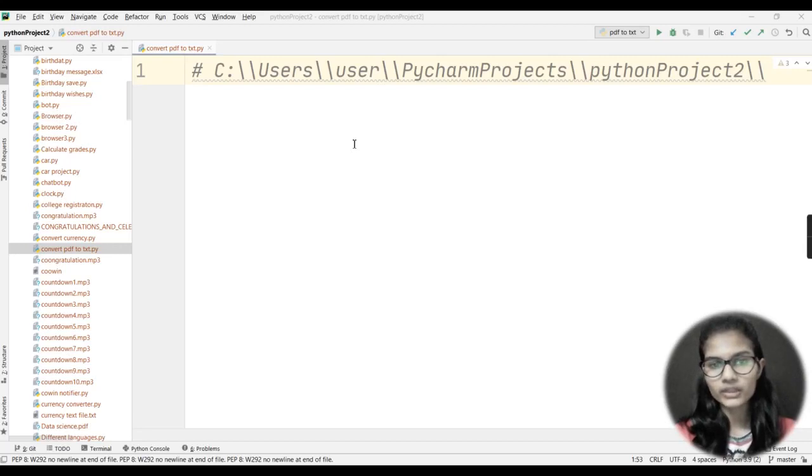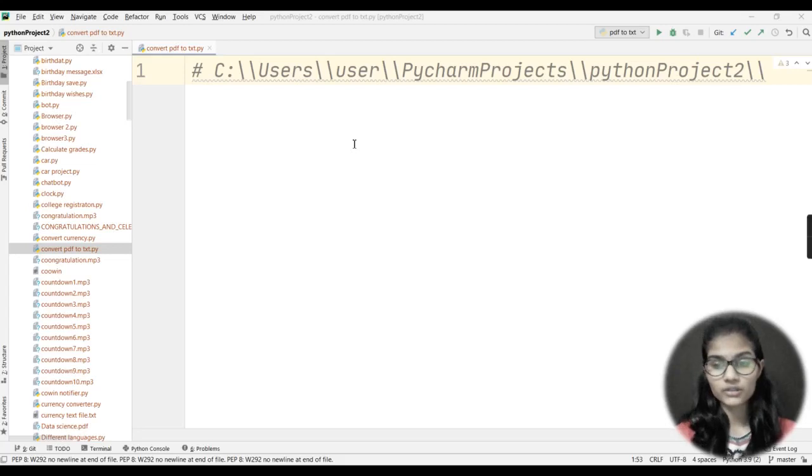So we all know that whenever we make a PDF, the extension is .pdf, right? Whenever we use this extension, .pdf, our file is basically saved in the PDF format, right? Now, if we make a text file, that basically has the extension .txt. So whenever we add that extension, .txt, a file is actually saved in the text format, right? This is the whole idea which actually goes on.